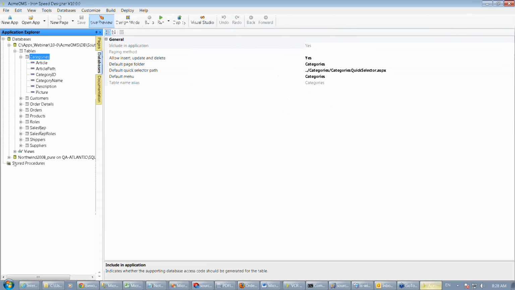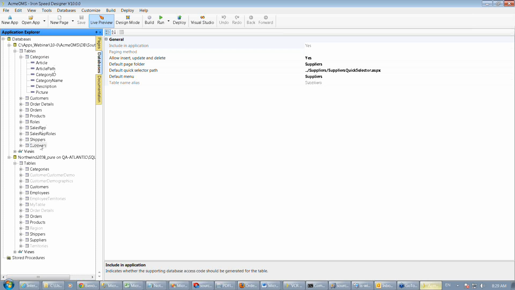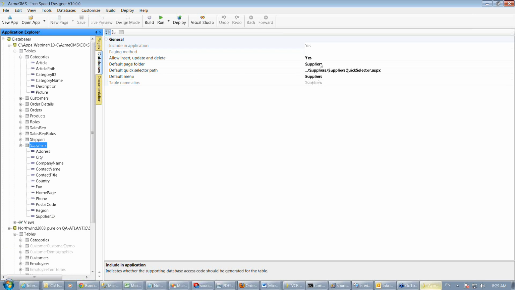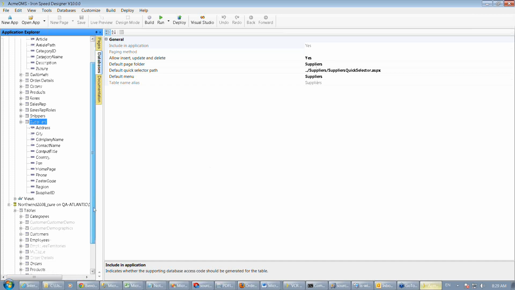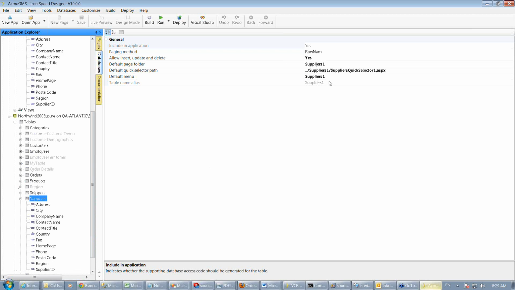So now you can see on my database tab, I've got a new database, and my new database has shippers, suppliers plus some other tables included, and those tables have foreign keys pointing to or from those tables, but you can see they can coexist at the same time. And there is some flexibility here where you can configure what the default name will be. For example, in the case of Southwind, it was suppliers. In the case of Northwind, the name should be unique, of course. So it's suppliers one. You can change it to any name you want,